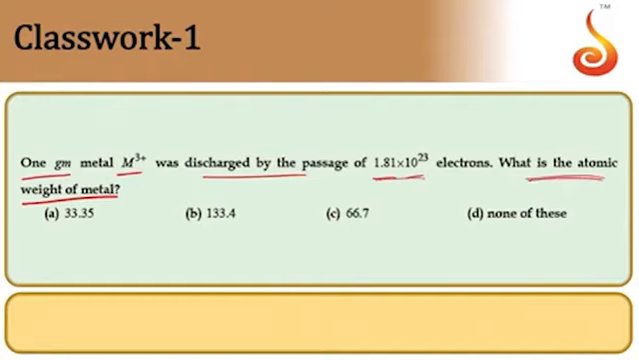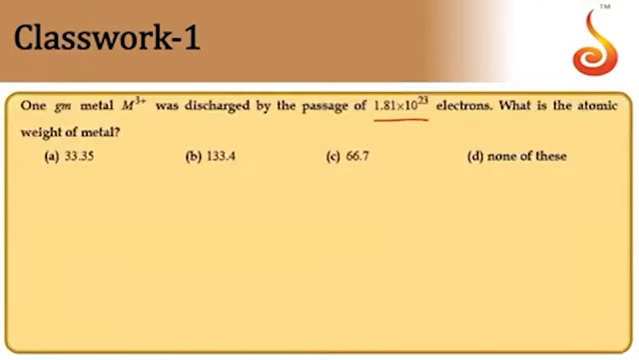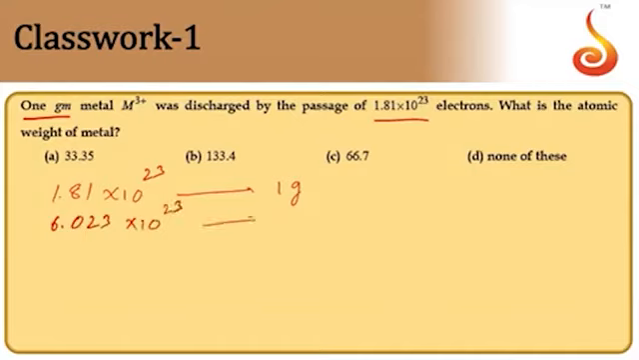So the mass of the metal is given, the number of electrons passed is given. We know the valency also. We require the atomic mass. Now we know that the mass deposited when you pass 1 mole of electrons is equal to its equivalent mass. Here in this question, when they pass 1.81 × 10^23 electrons, 1 gram was deposited. Therefore, if you pass 1 mole of electrons, that is 6.023 × 10^23 electrons, how many grams will be